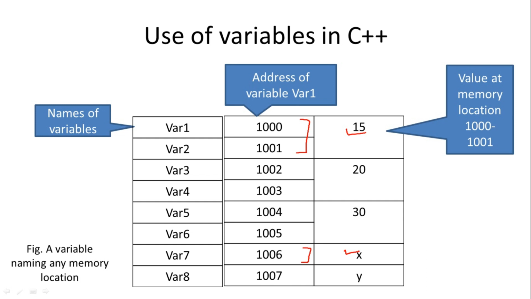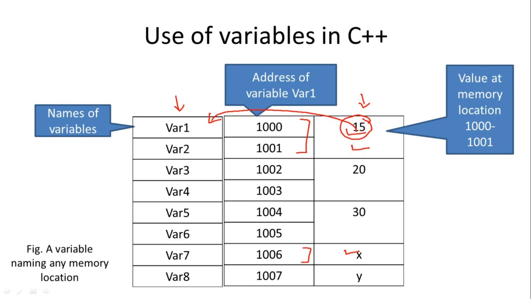Okay. So these are the values that are saved. But while using them in a program, these values must be stored in some entity. So for storing these values, the entity that is used is nothing but the variable. So we will use the variable names for accessing these values.